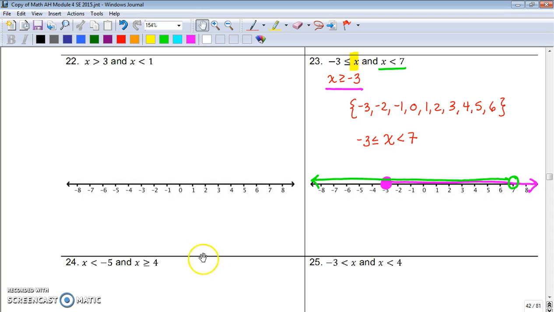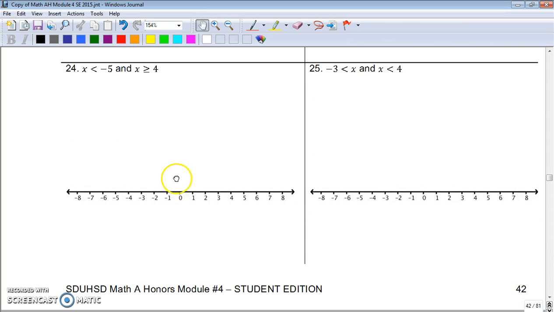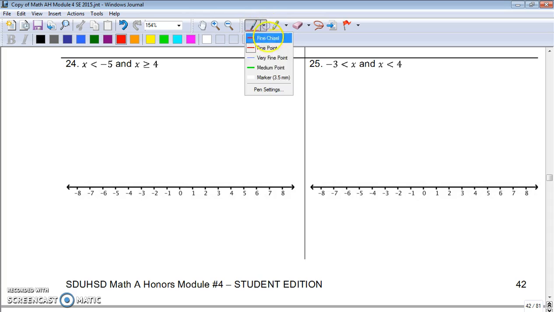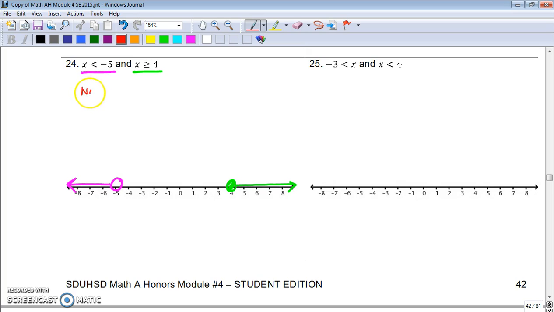I'm going to do one more with you, and then I'll give you some time to try the other one. So let's look at 24. We'll do the same thing that we've been doing. We notice that x is on the left on both of these, so we'll just start graphing them. So x is less than -5, open circle, shaded to the left. X is greater than or equal to 4, filled in circle, to the right, and we're looking for where these overlap. We actually see that there is no overlap. So that actually means that there's nothing that's going to work. So when it says list the integer values, there aren't any. And so what we're going to do is write